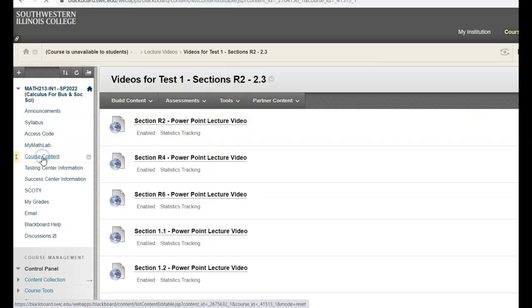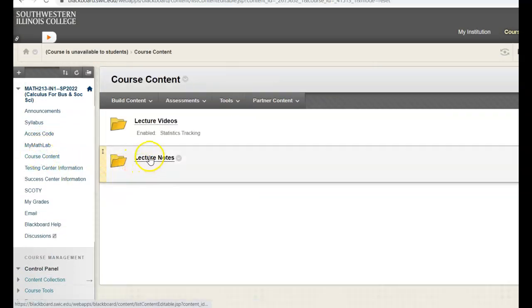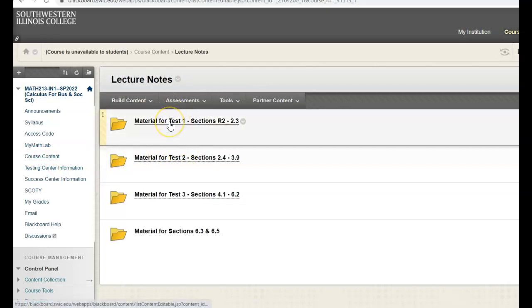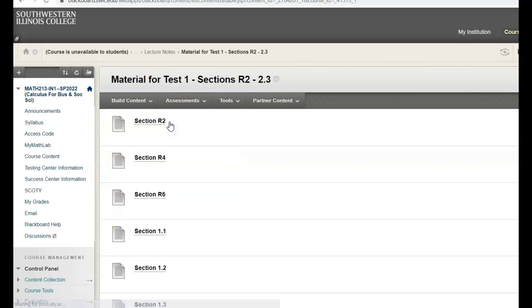In the other folder are the lecture notes. So again, organized within that folder by test. So for test number 1, if you're watching the video for R2, and if you click on this document, it's the PDF copy of what problems you see on the video. Okay, so I put those in there for your reference. Some people maybe would like to have them printed out ahead of time and just follow along and make their own notes in addition, right, to